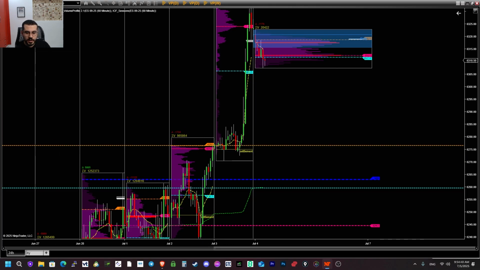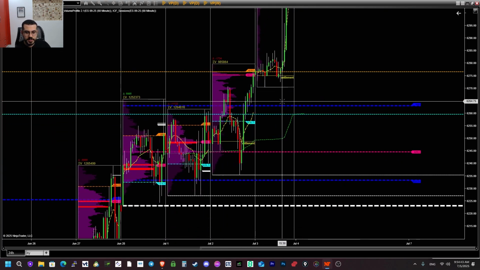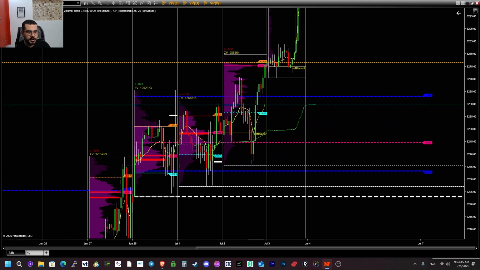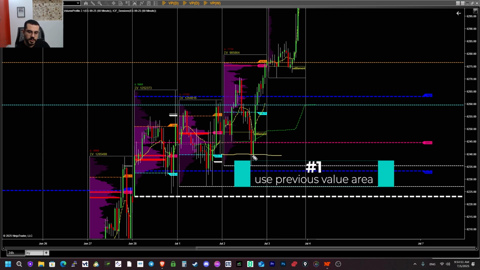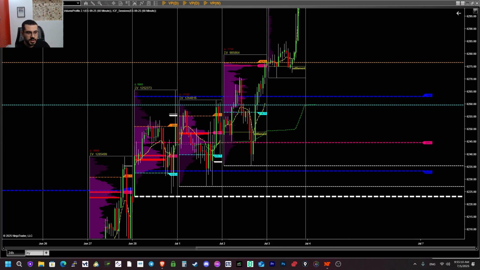Okay, so let's go to previous days and see if we had more opportunities. For example, in this area we had a value area low. The market came here, touched it, closed above it, and then it pushed higher. After the rejection, you could either buy right here and put your stop loss down here, or wait for a bullish candle to close like that, put your stop loss below that candle, and move with the market to the upside. But this one is tricky